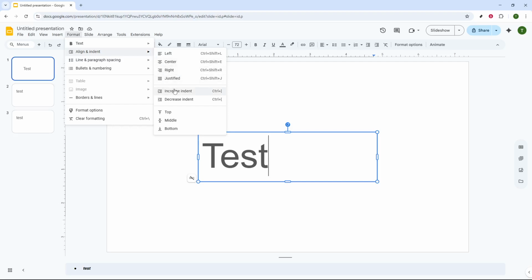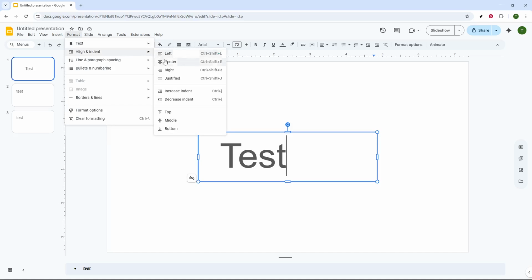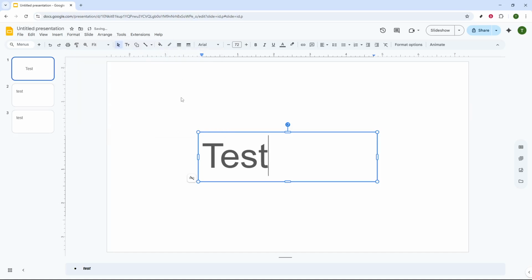This command shifts the text further to the right, providing it with more space from the left margin. It's perfect when you want to highlight a paragraph or nest a list. On the other hand, if you find that you've moved the text too far and would like to reverse it, simply select the Decrease Indent option. This action moves your text closer to the left margin, allowing you to find the right balance and spacing that